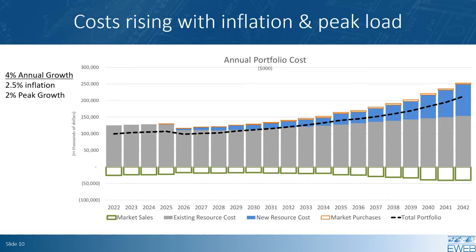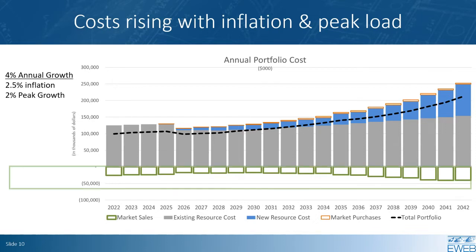However, supply chain issues around batteries and the need for transmission expansion are two key risks that we want to consider when we look at these results. An additional thing I'd like to call out on this chart is this portfolio's relationship with the market. It does occasionally import energy, which is shown in the market purchases, which is orange at the top of the bars, but primarily